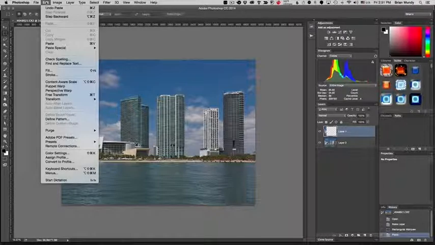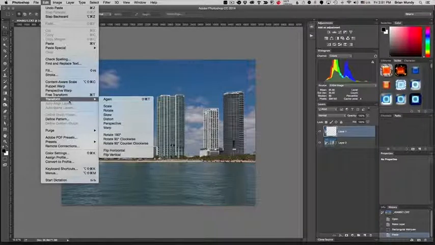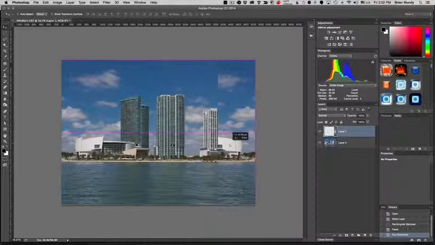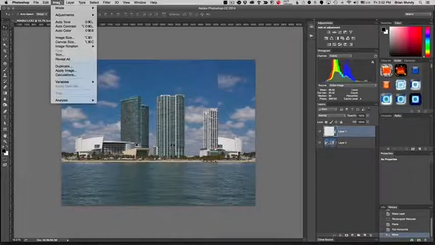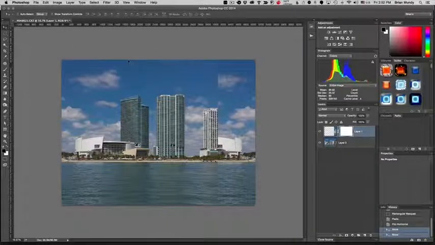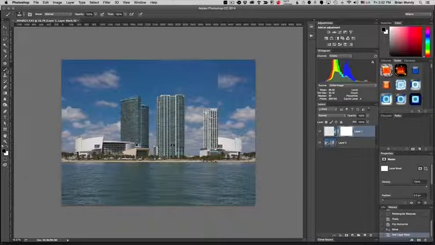I'm going to flip it, so we want to go into Edit, Free Transform, and flip horizontally, and you can see it's flipped. We're going to move it over to the right hand edge and drop it into this corner. We're going to add a layer mask, and reveal. I'm going to click on my brush tool, and grab my pen from my tablet, because I tend to do all my masking. I'm going to grab a fairly large brush, and use my bracket keys to either enlarge it or make it smaller, using a very